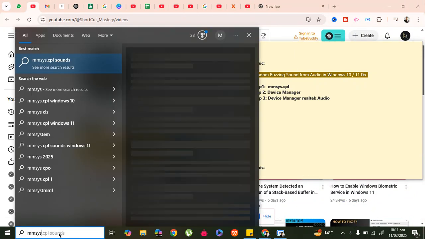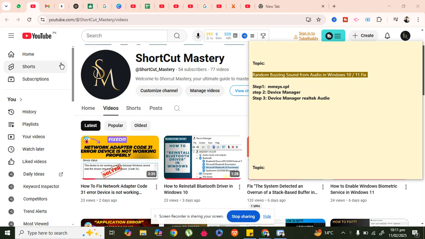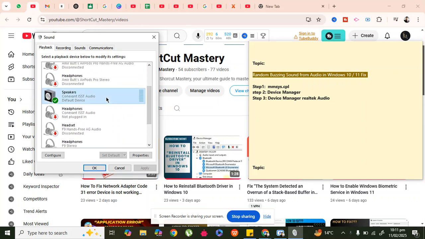So firstly, you have to just type this command mmsys.cpl. So you have to just click on it here to go to the control panel item. So in control panel, you have to just select that speaker that you want to fix the issue. So in my case, only one speaker has been selected, so I have to just select this and go to